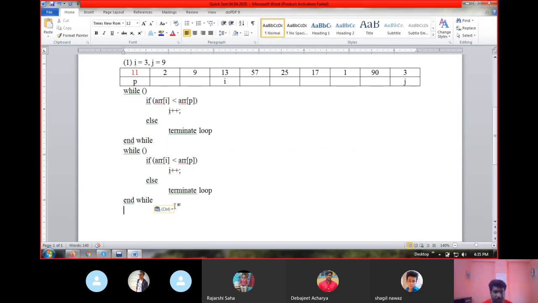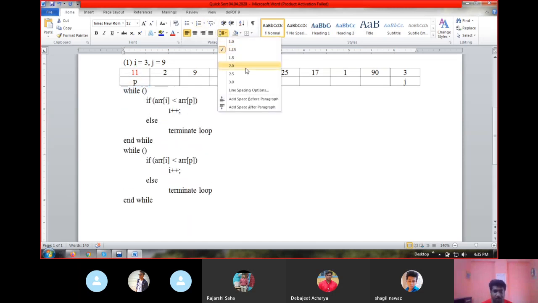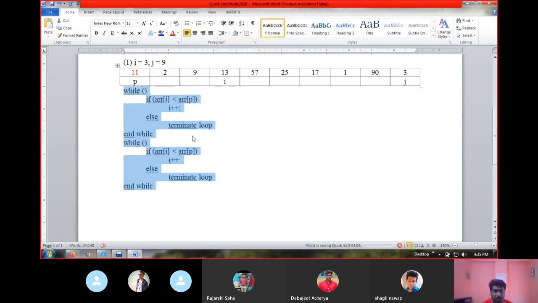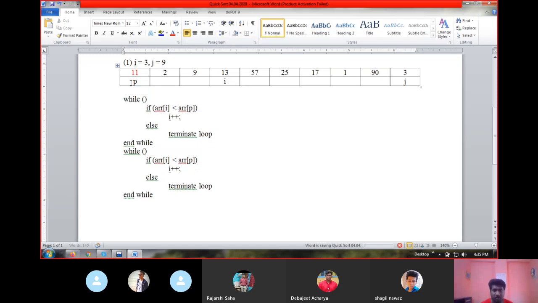Okay, so here what should I do? So j is equal to initially 9. I'm just checking whether arr j is greater than arr p or not. I will write here a proper code. I don't know what is the code, but if it has found that the value is less than 11,